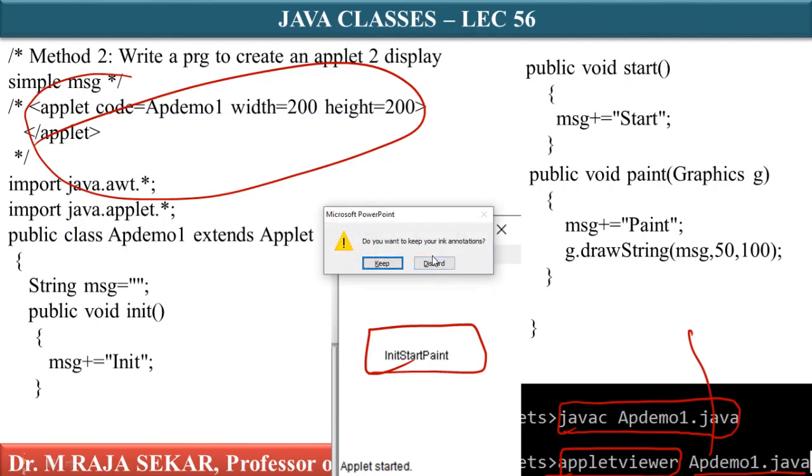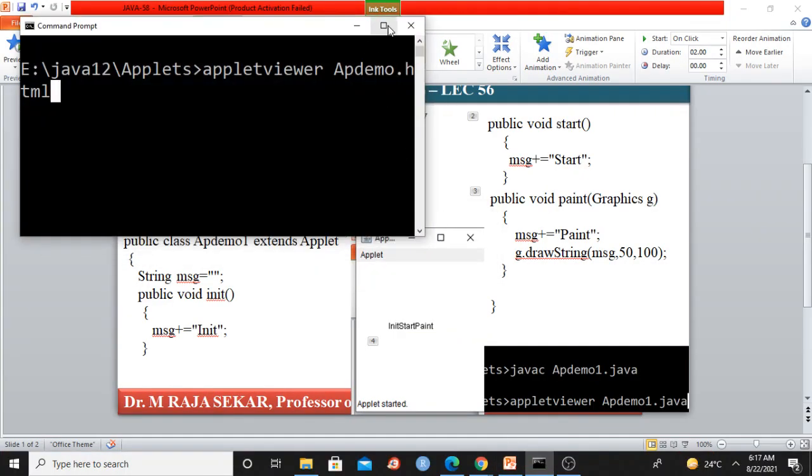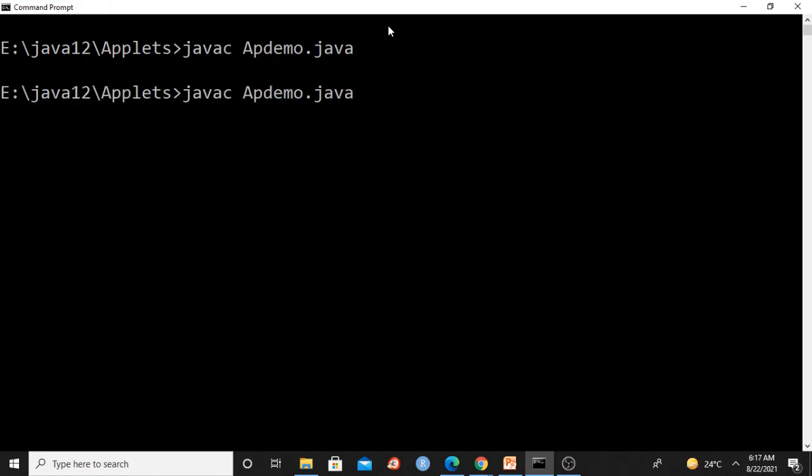Let me demonstrate this program once. Let me go to the command prompt. First let me demonstrate the previous class program. What is the previous class program? That is javac appdemo.java. This is my previous class program. And how can I run that program?